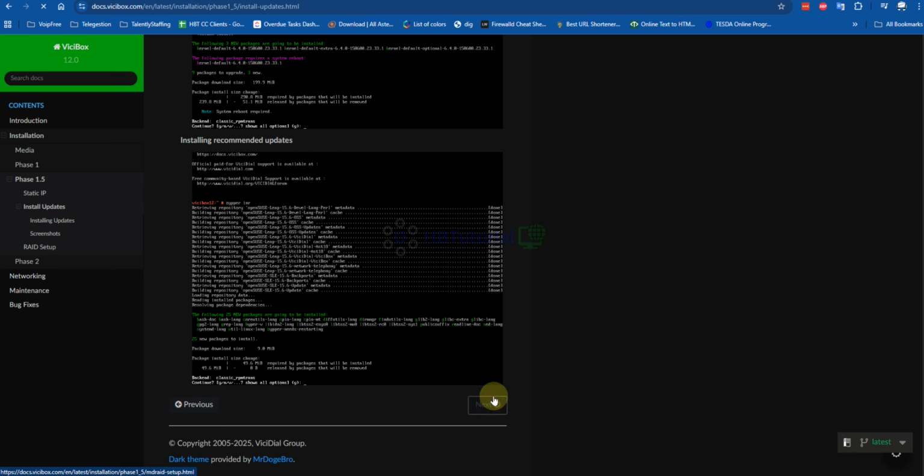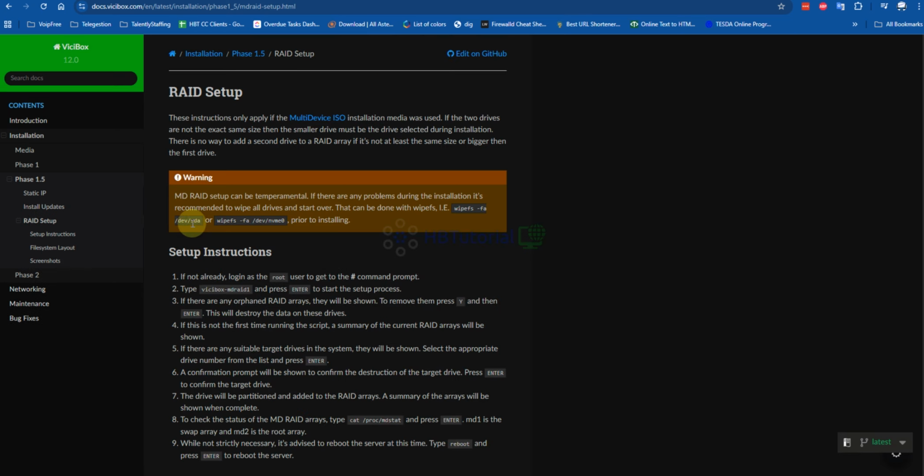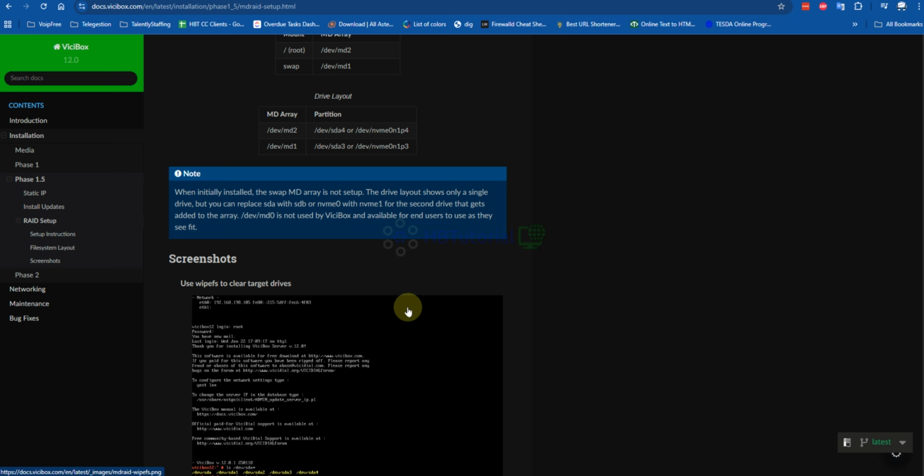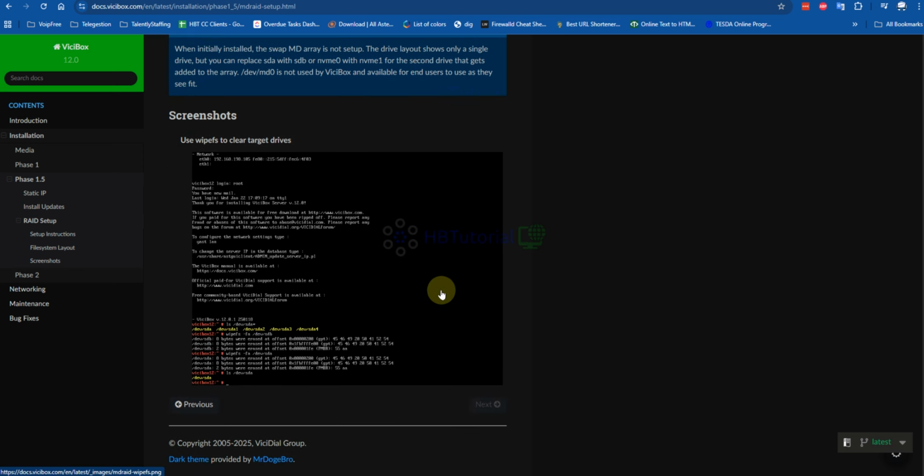So it's a RAID set. This one is for RAID setup. So we are not using RAID, so we're gonna skip that.